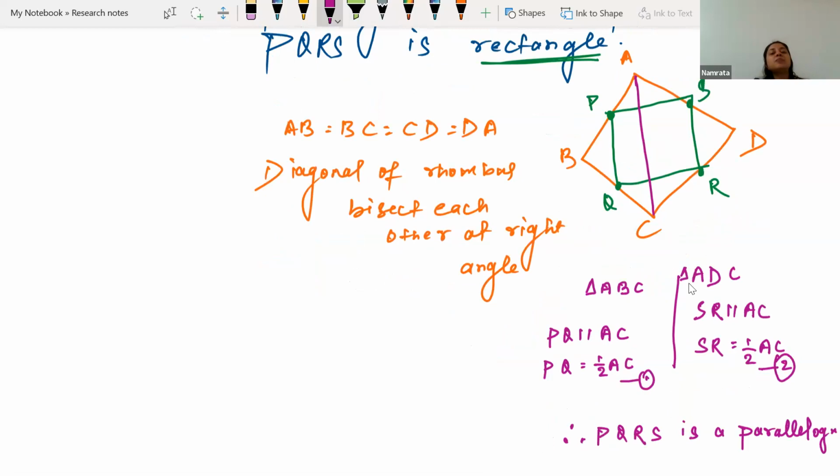What is the other property of parallelogram? Opposite angles are also same. In a parallelogram, opposite angles are also same. That we already know. So PQRS is a parallelogram. We have proved that. Let's keep it aside. Now let's say we are drawing both the diagonal of